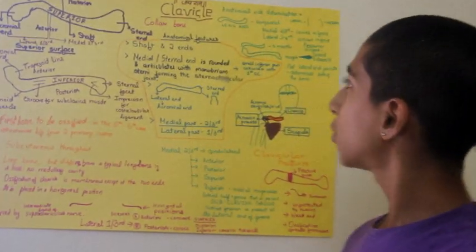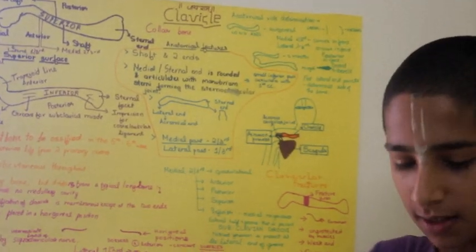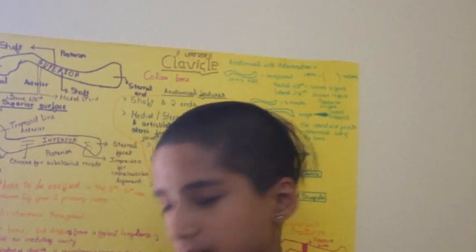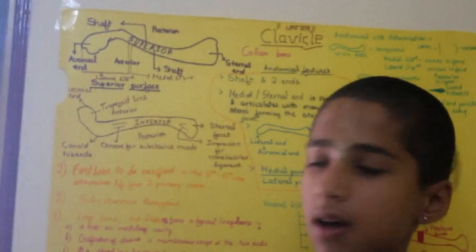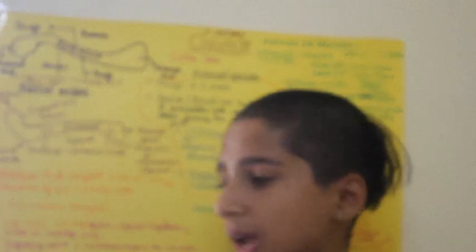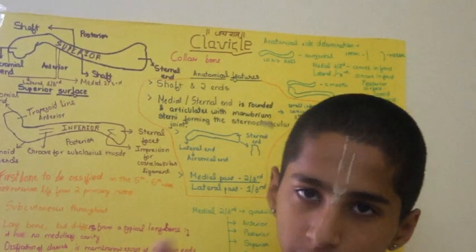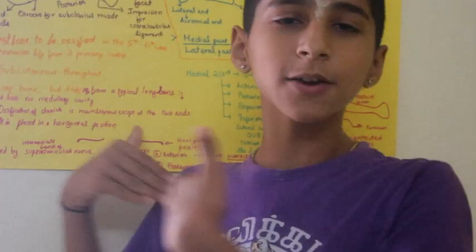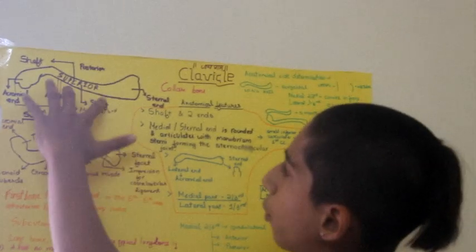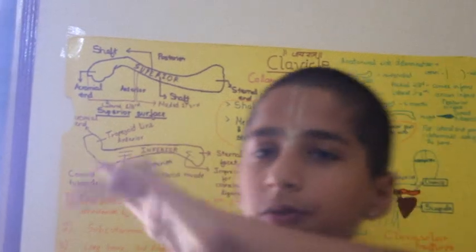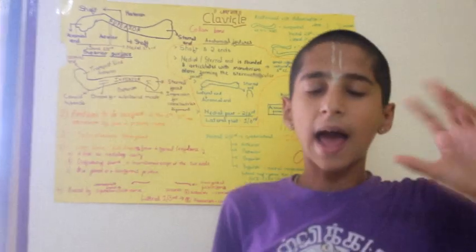So now I'm going to talk about the clavicle bone. That's the collarbone as we call it. It's from here and here. So it has two ends, lateral and medial. We know lateral is out of the body, leading out of the body, and medial is leading into the body, towards us. So this is the bone, and we have two surfaces, superior and inferior, and posterior and